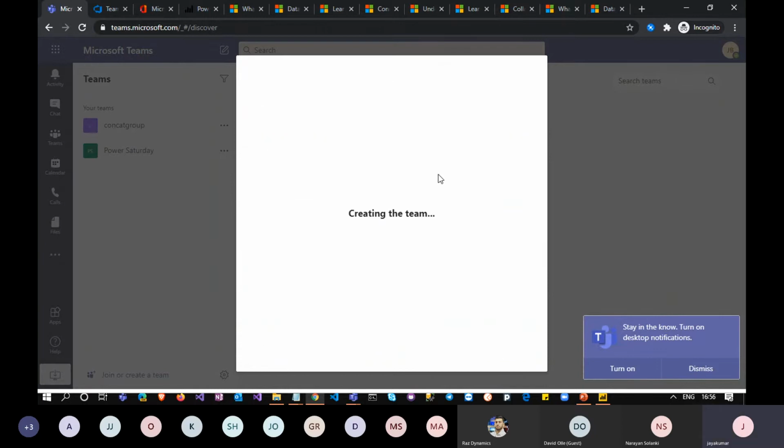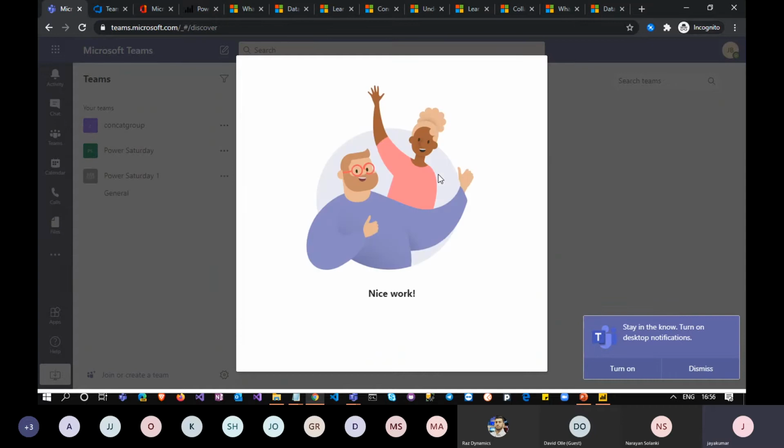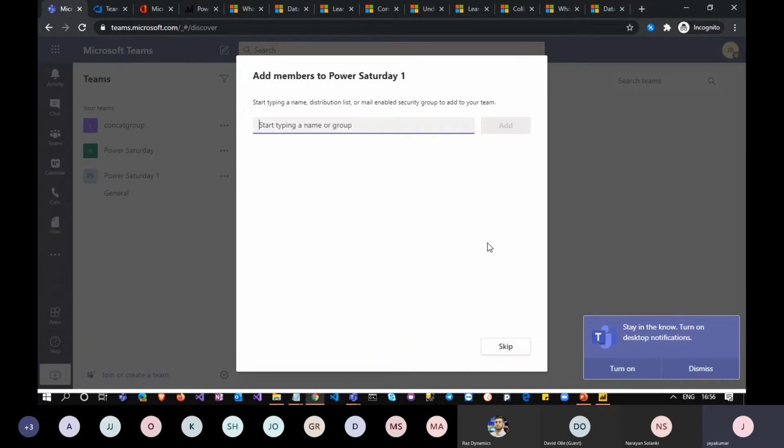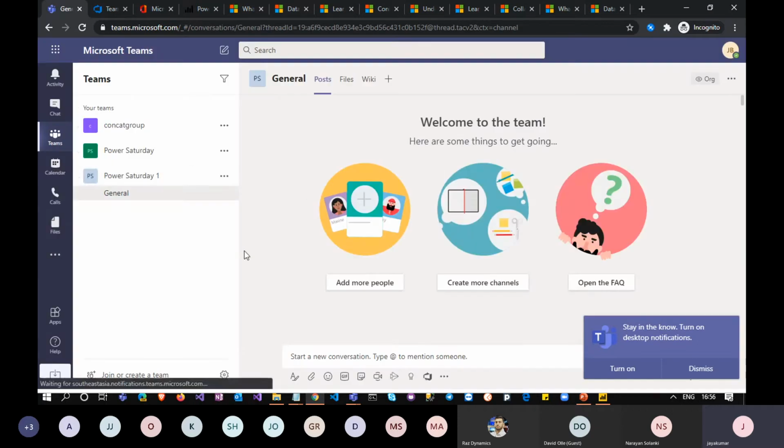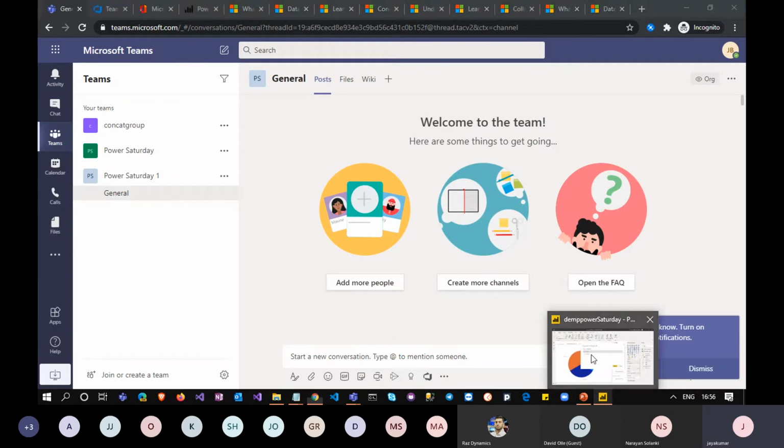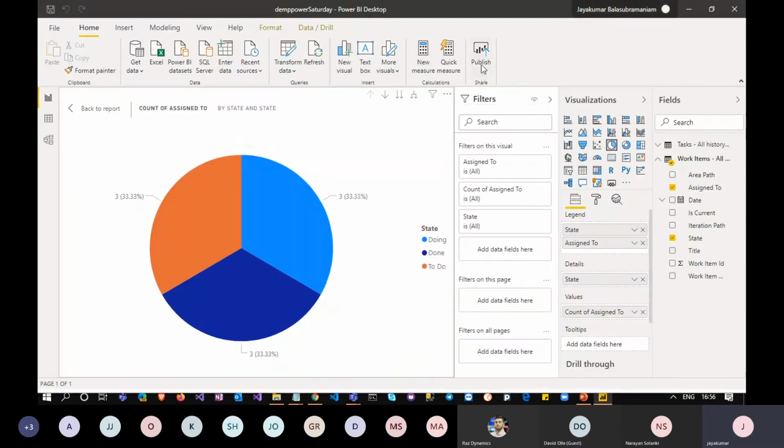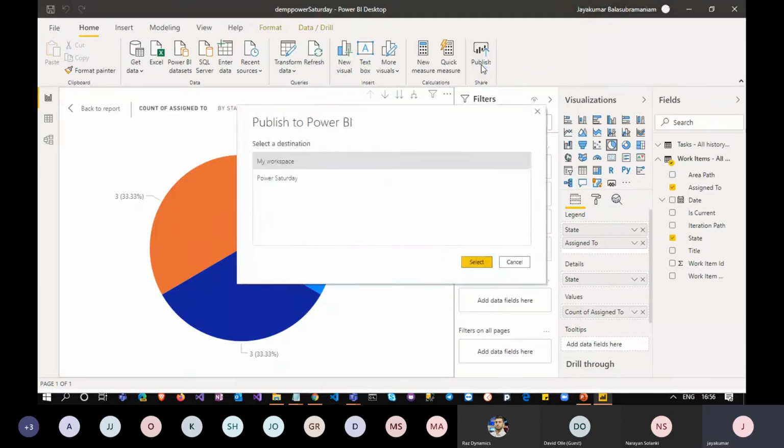Power Saturday 1. Let's skip this for now. I have created a team here. It will take some time to reflect in here, I guess.